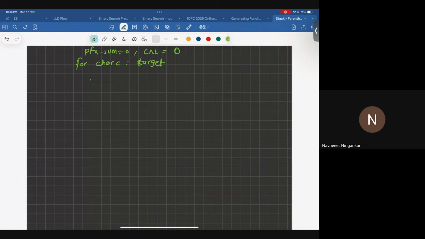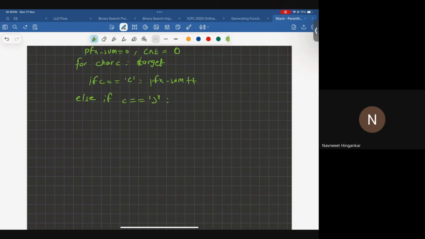So if we got open bracket, we increase the prefix sum plus plus, else if C equal to close bracket, then what we'll try to do, we